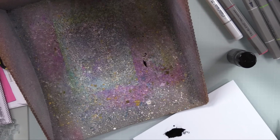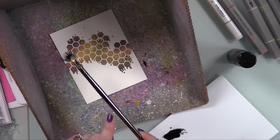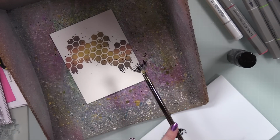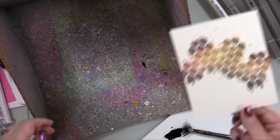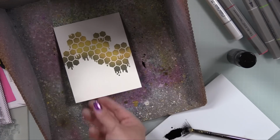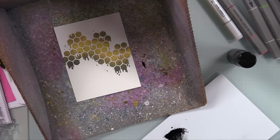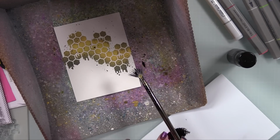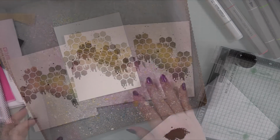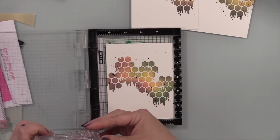The other thing to remember is it is permanent. Not only is it pigmented, it is permanent. So you want to wash your brush, etc. as soon as you're done. Do not let it sit on your tools, because it's permanent. So I shake it up really well, put a little bit on my palette, use my little fan brush, splatter that on these backgrounds, and then I immediately clean off my brush and wipe off my palette, etc. So I let those dry, and then I put them back into my mini MISTI